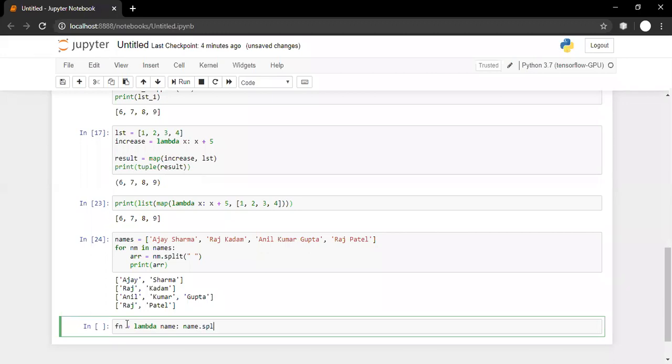Name dot split. Name is the input, split that thing using a space, and once it is split, we can always go for the last element and we can specify -1. -1 means the last element present in the list. So it will be Sharma or Kadam or Gupta or Patel. It can be anything. So it will go for the last element, and we are supposed to